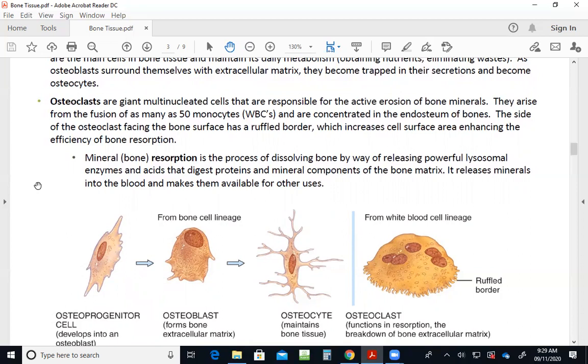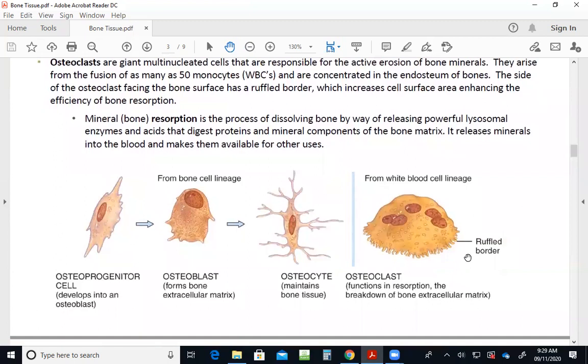Okay? These are very big multinucleated cells, which means they've got a bunch of nuclei, and that's because originally they are individual monocytes, which are white blood cells, as many as 50 of them, that then fuse together. Each nucleus from those original cells is maintained. So you've got a big old blobby cell with all those nuclei still present. The side that faces the endosteum of our bones